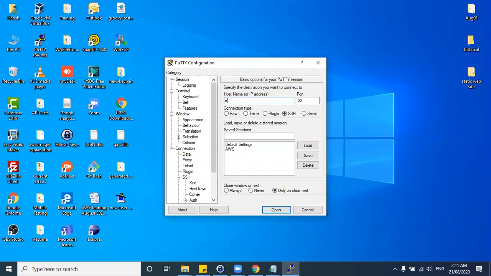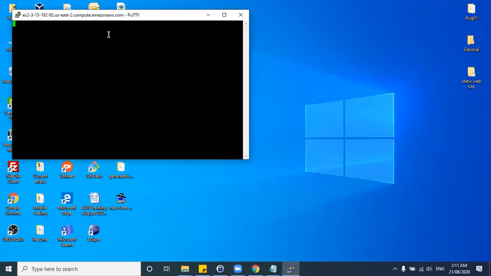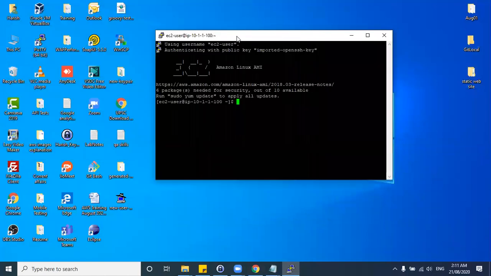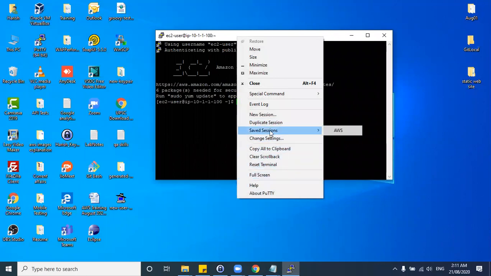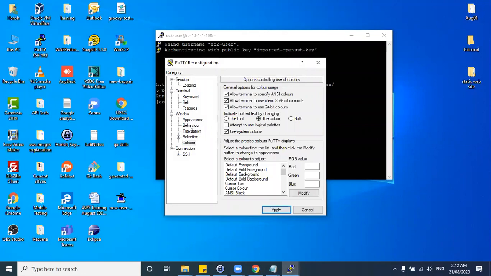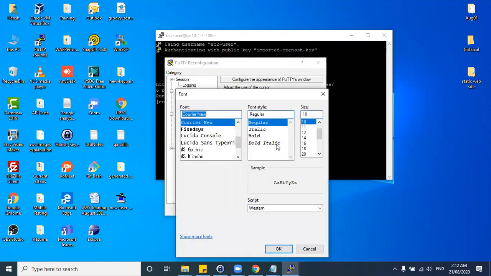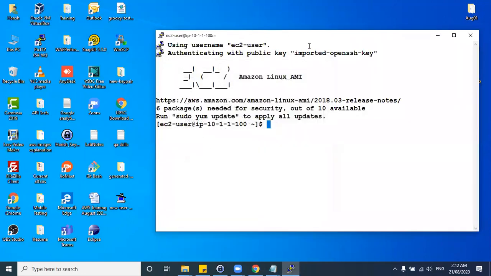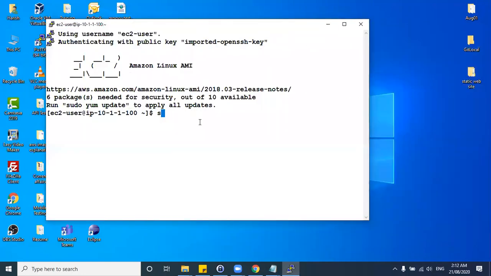In the sessions, ec2-user and this machine IP. Let me change this machine's user interface. Okay, better now. sudo su -.